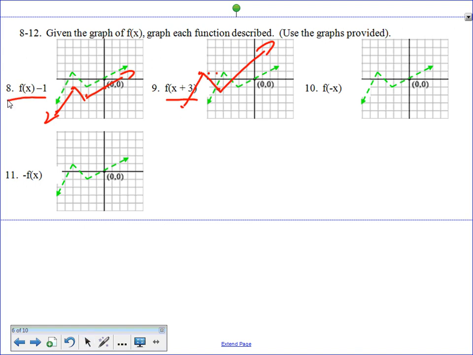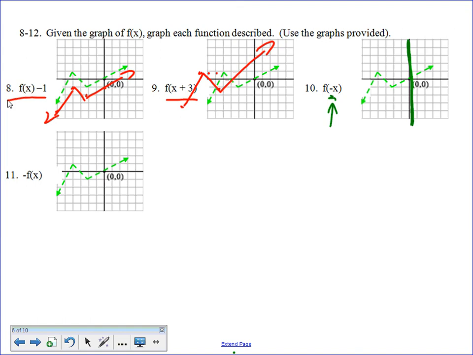All right, negative inside the function means to flip it horizontally. So we're going to flip it horizontally along the y-axis. So this point stays, but this point now comes,